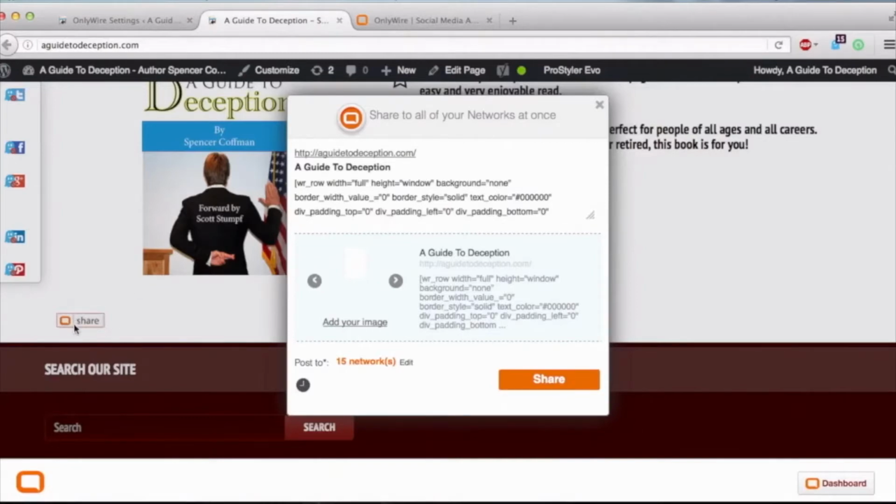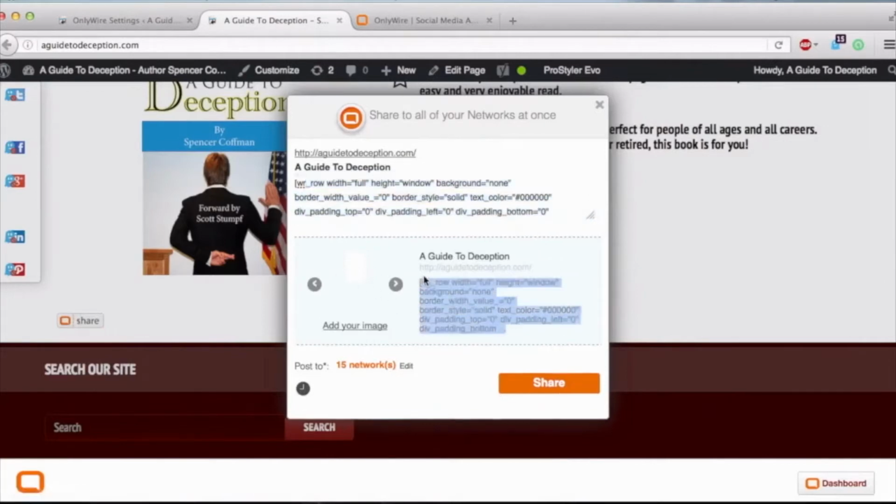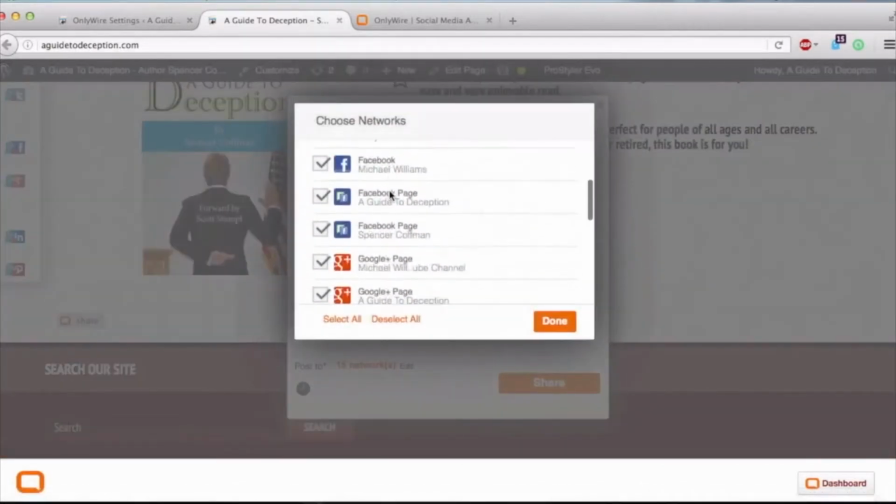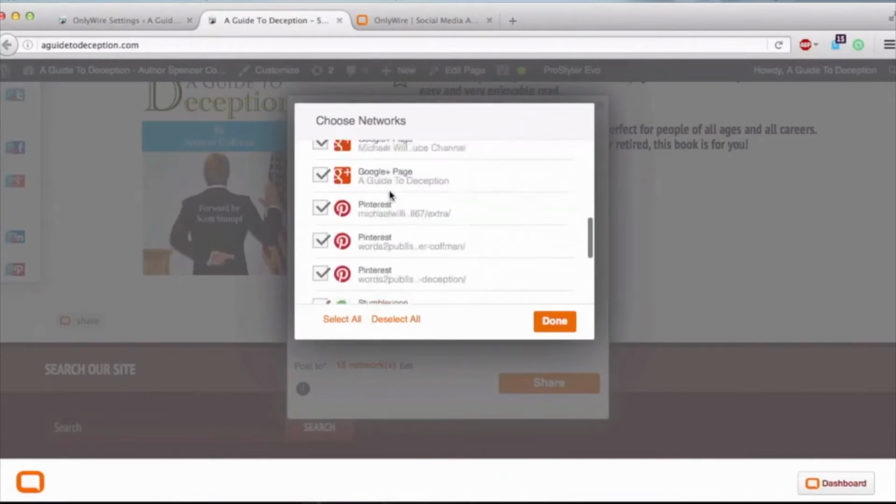As you can see, I just clicked this share button, and right here I have all this meta text, and right here there's no image, and right here is just all this weird meta text. One of the good things they do have, you can hit this, well, see, it doesn't even work here. Oh, here we go. Sometimes it works, sometimes it doesn't. If you grab that, you can hit edit, and then you can go through and select which of your networks you'd like it to post to and which of them you wouldn't like it to post to.